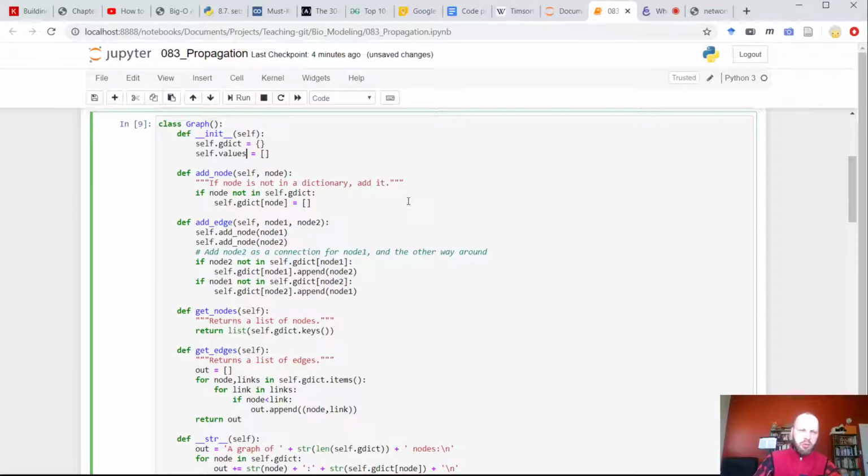Let me change values to val. That's a shortening that people often use. So when we add a node, we will also have val, and the default value will be None or zero. None is nicer, but because we're building it for ourselves, for now, let's make it 0. So value equals 0. If node in self.dict, do this.